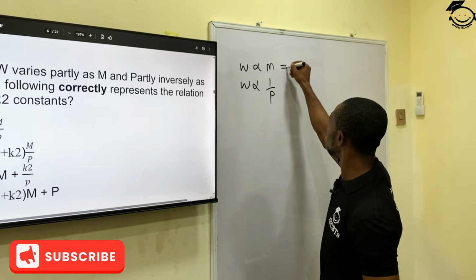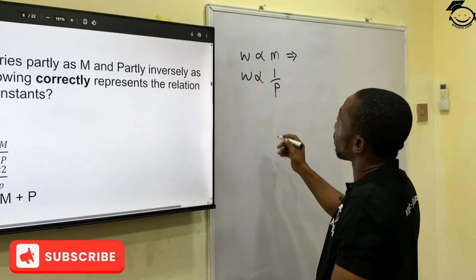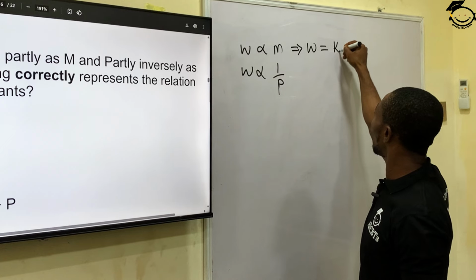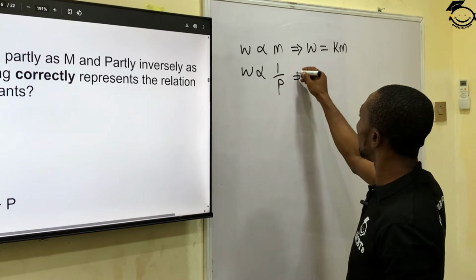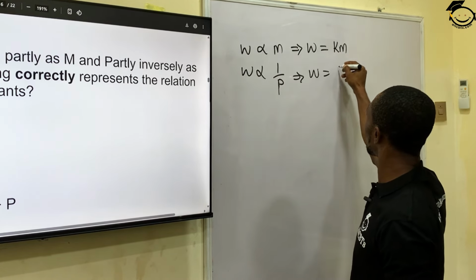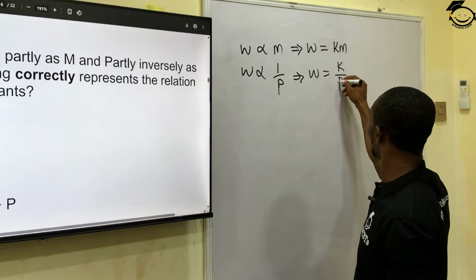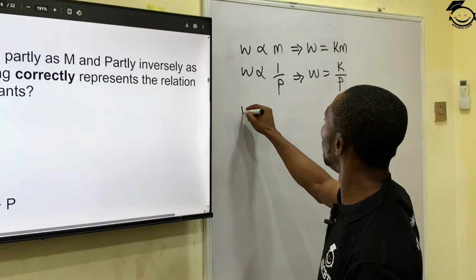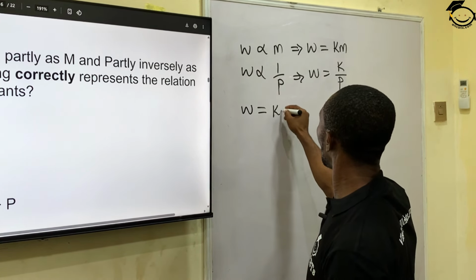Introducing our constant of proportionality, this will become w equals km, and for this, w equals k over p. Now, if we join these two factors together, our w will become km